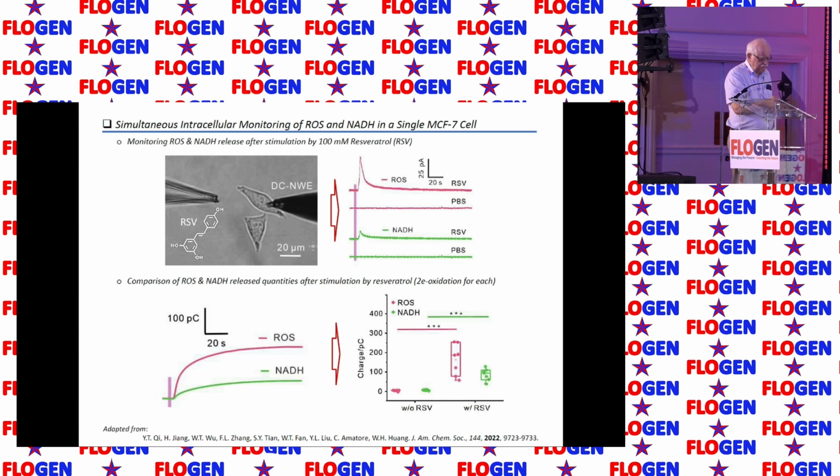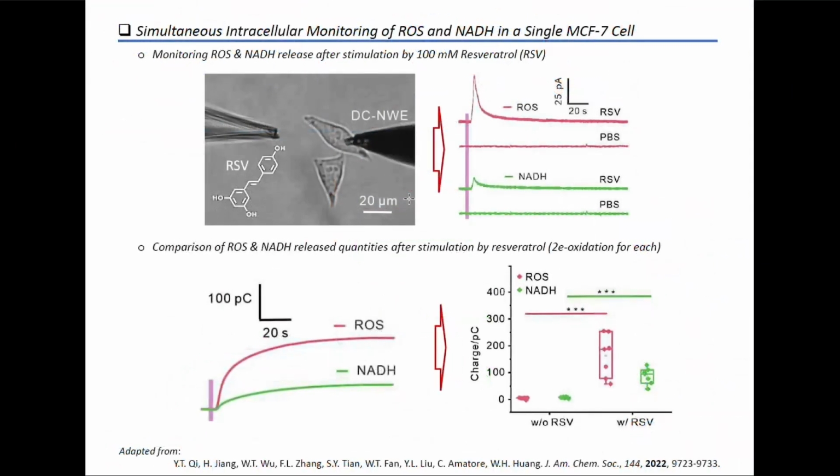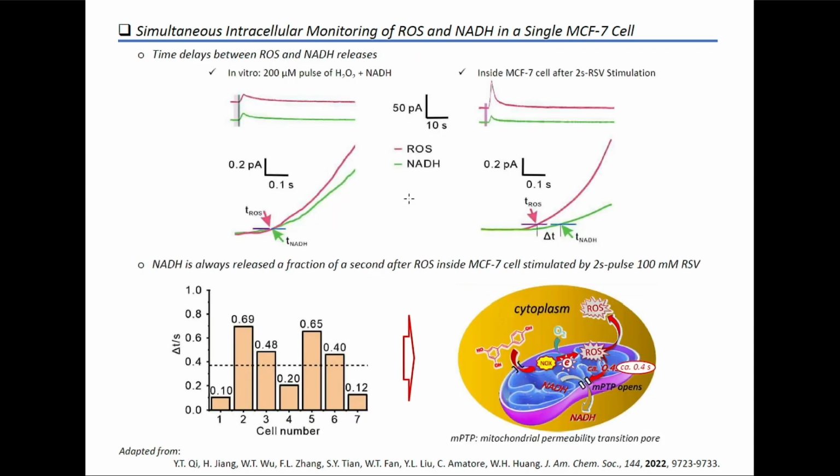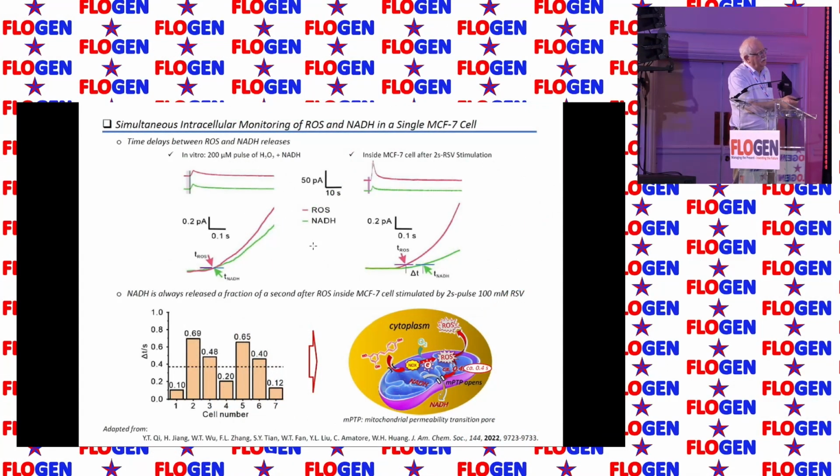And you can make statistics over many cells, and you can show really that putting the resveratrol generates oxidative stress and also generates the release of NADH outside of the cell. So now, how do you solve the problem? When you look like this, the thing is